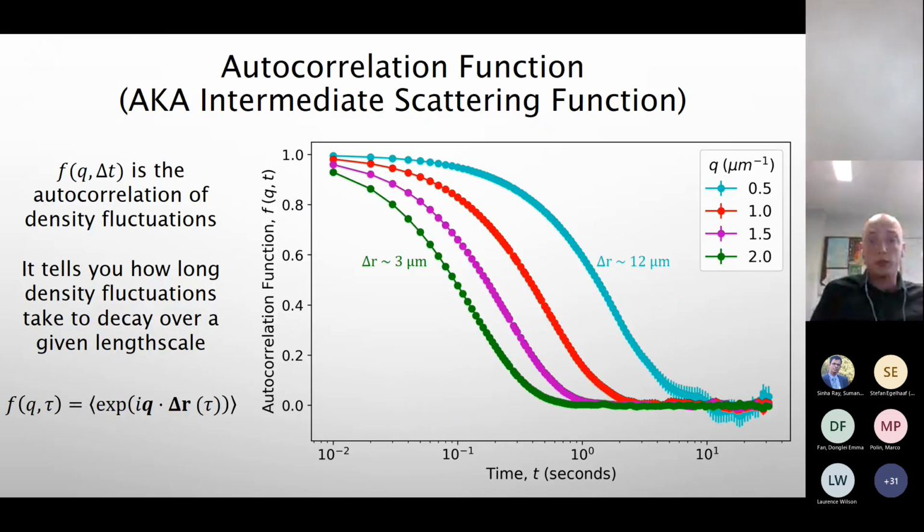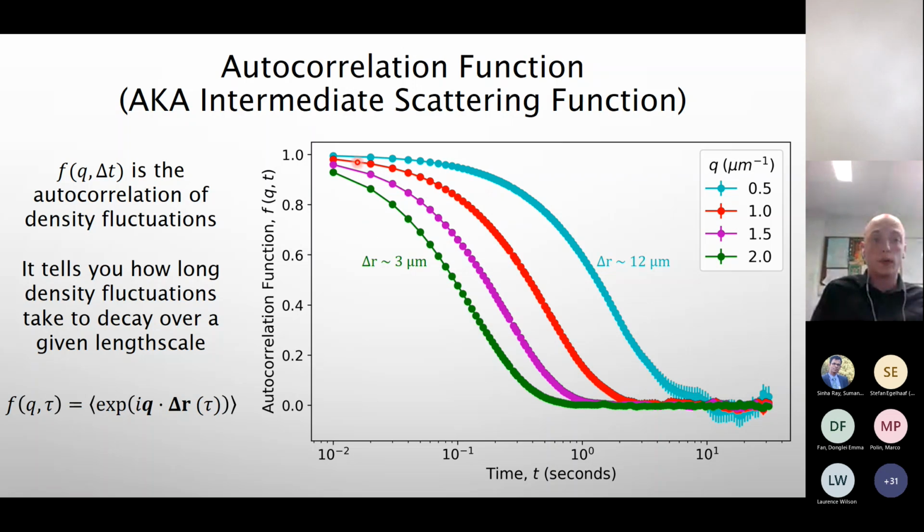The information you extract is the density autocorrelation function. If you're familiar with light scattering, it's known as the intermediate scattering function. If you're not familiar, what this effectively tells you is how long density fluctuations take to decay over a given length scale. Now, for intuition's sake, you can think of it as how long particles take to move a certain distance. In general, the autocorrelation function starts at 1, because if you're looking at a particle now and then you look